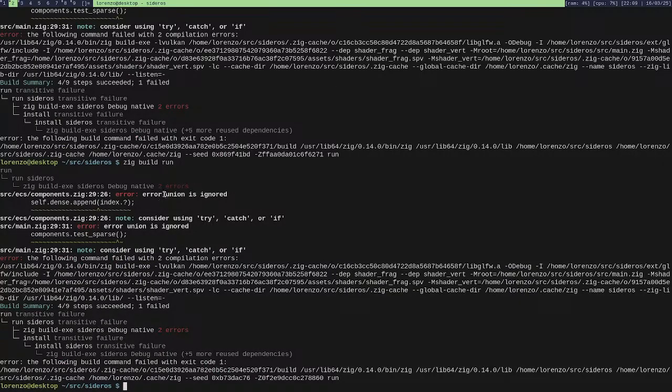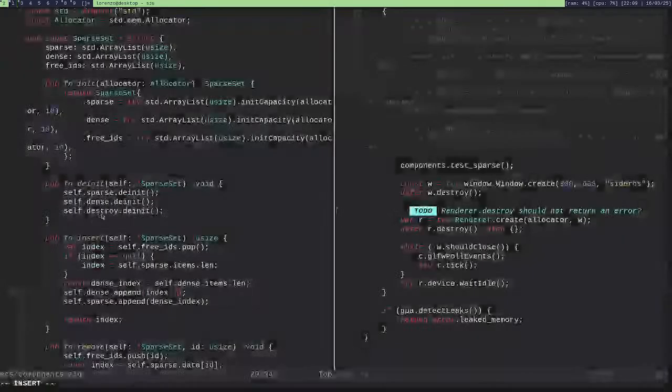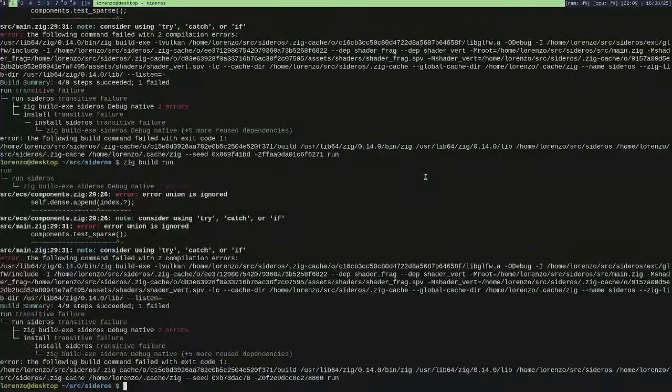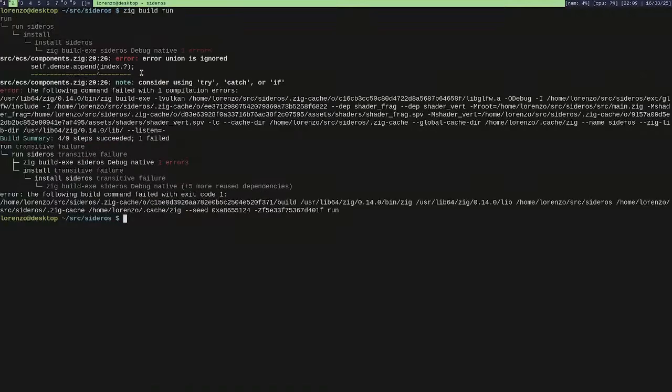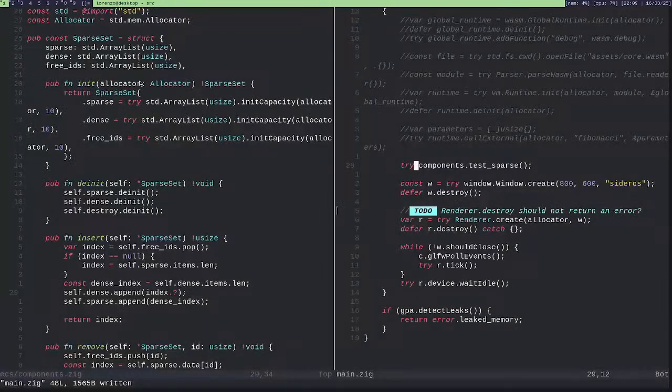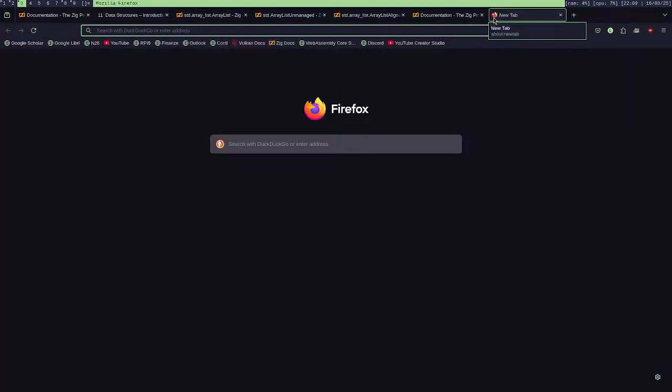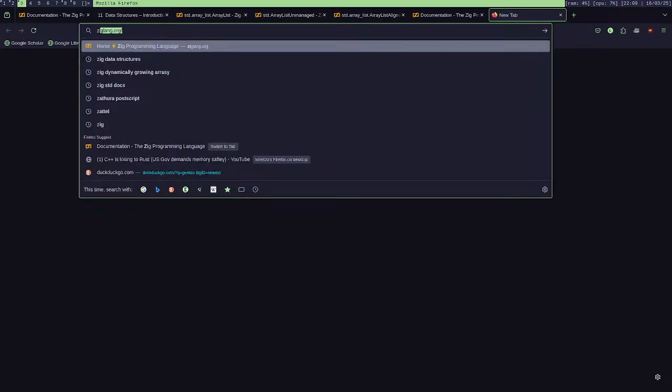Union is ignored. What do you mean? Oh. Well, yeah, I can assure that this actually contains a value. So, do I really have to use an if statement?